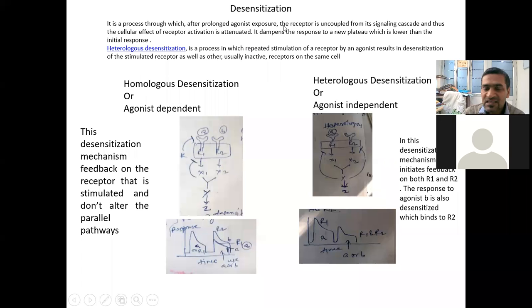Another one is desensitization. Desensitization is also a mechanism where a little bit of difference is there from adaptation, but otherwise, from the cell biology point of view, we should know both what is adaptation and what is desensitization. Now you look at desensitization. It is a process for which, after prolonged agonist exposure, the receptor is uncoupled from its signaling cascade, and thus the